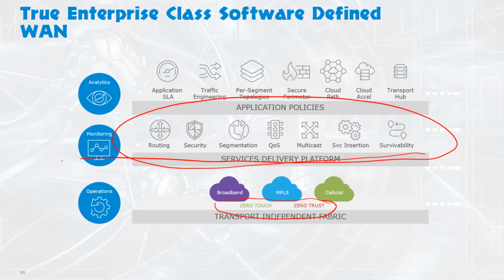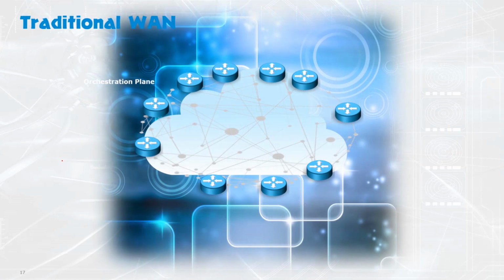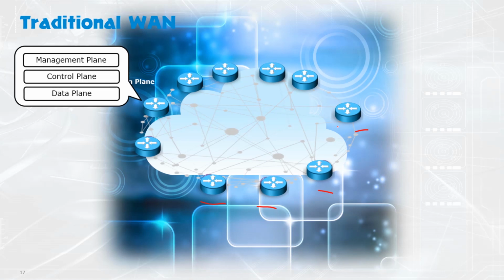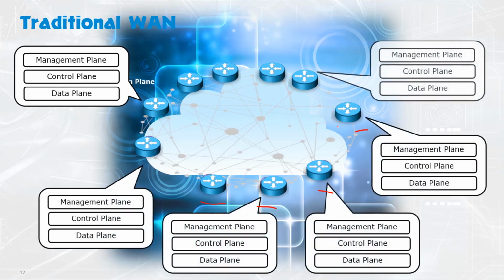A big part of this is going to be moving away from that traditional idea. In our traditional environment, we've been doing this where I have lots of individual devices all over the place. Okay, that's nice. Now what happens? Well, I need a management plane. Oh yeah, SSH into this one. I'm using whatever to manage it. I need a control plane. I'm using OSPF to learn routes. I configure OSPF on this guy. And a data plane, or whatever encapsulation that one's using, I configure on that device. Okay, not bad for one device, but as you add more and more devices,